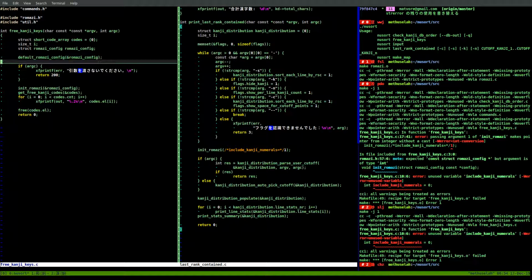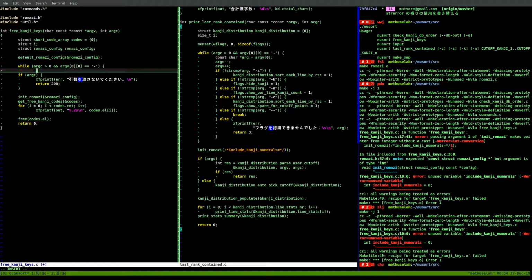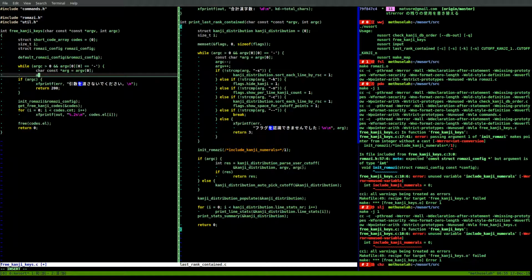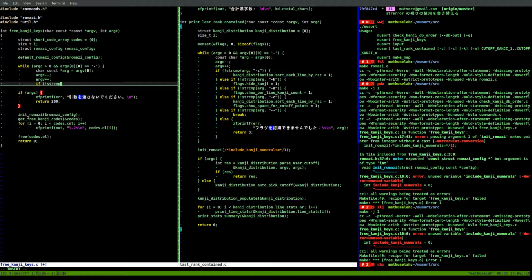So we'll do, okay, while argc is greater than 0 and argv is a dash, then we will check the first argument, char const argv. Okay, so we're going to loop through all the arguments. If string compare arg matches,